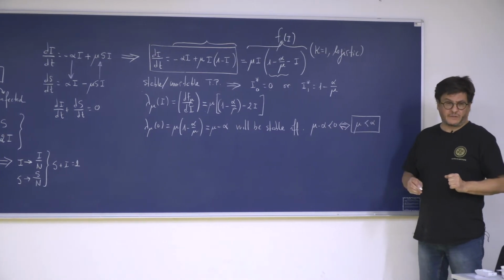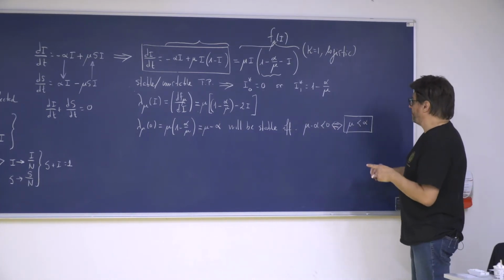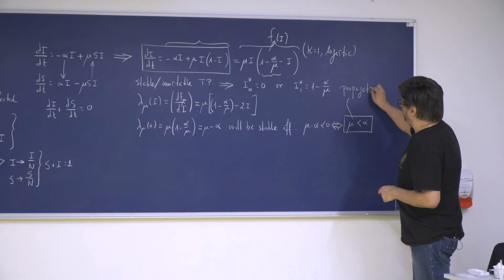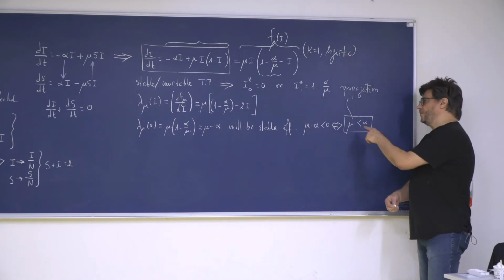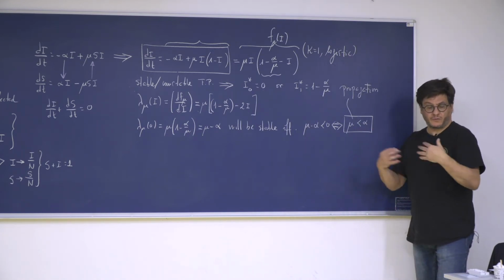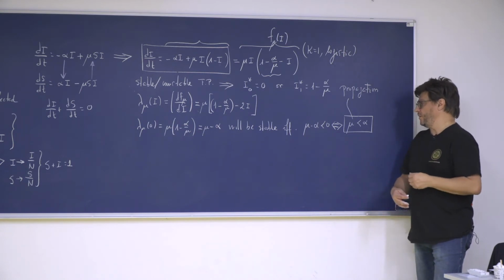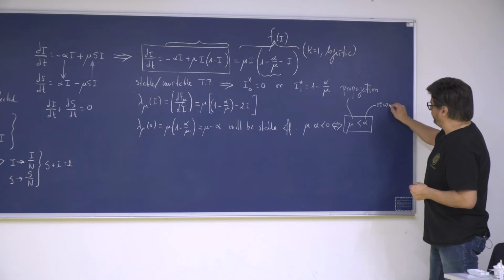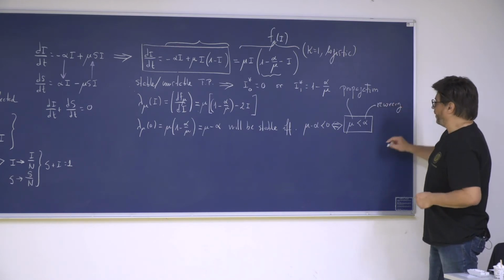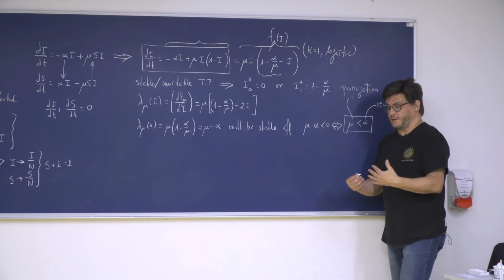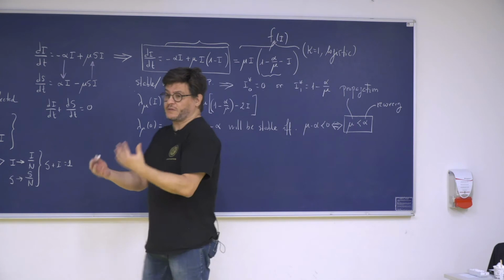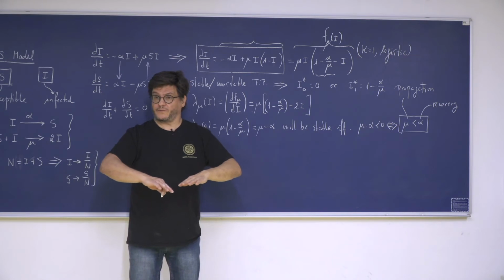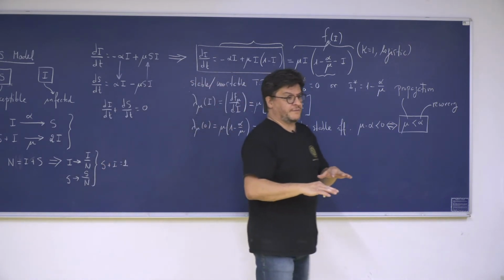Look, this seems to be quite reasonable. Biologically, what I'm saying is, if the propagation, again, this parameter includes how efficient is the virus to go from one individual to another in an infection event. If propagation is less efficient than recovery, so how fast infected individuals go into the healthy state, if that happens, the epidemic is not going to function, which actually is a very interesting first observation.